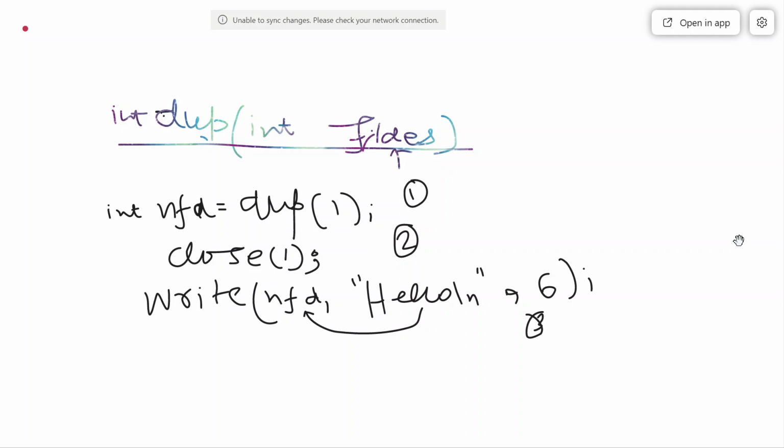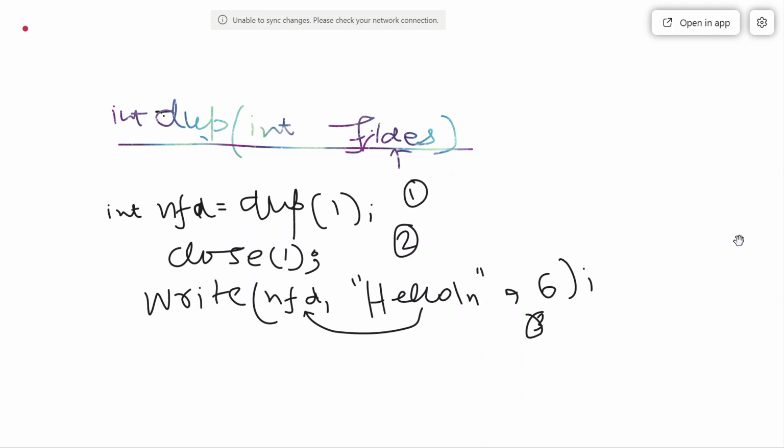As a result, hello will be written where? nfd is basically representing your standard output. So hello will be printed on the console. The output screen will display hello.